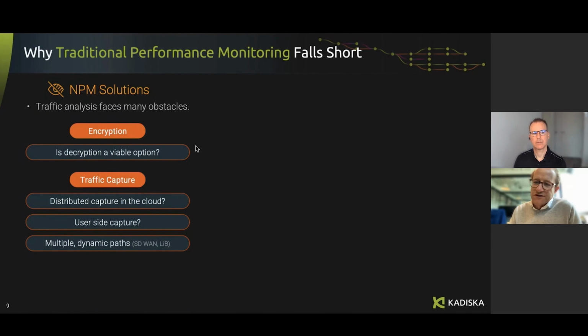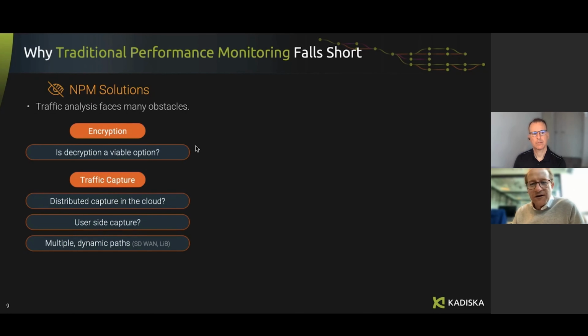Normally, you use distributed platforms. You have a huge geographic spread to cover, worldwide audiences. Traffic capture in the cloud is complex from a technical standpoint, and it's also a challenge from an economic point of view. If we look at how you could implement capture on the user side, it would be easy if